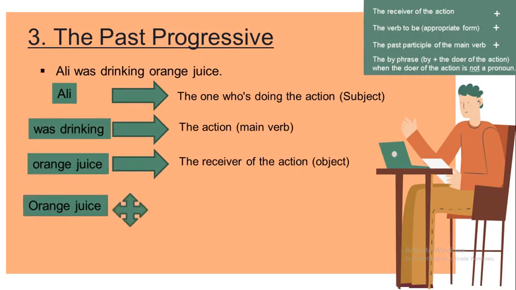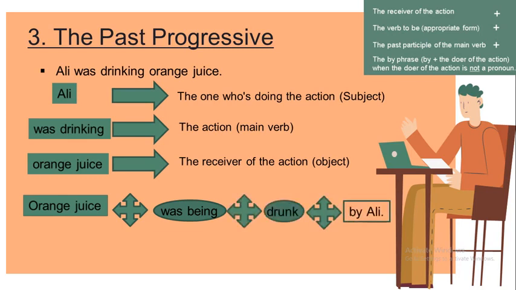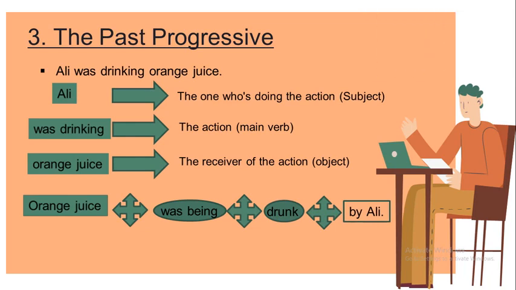and then comes the verb to be in its appropriate form. Now, the form of the verb to be in the past progressive is was being. We used was being because orange juice is singular. And after that comes the verb in the past participle, which is drunk, and the by phrase by Ali. So the active sentence, Ali was drinking orange juice, will be orange juice was being drunk by Ali in the